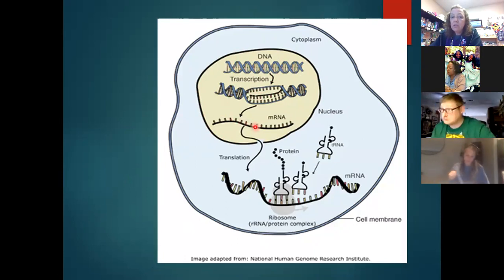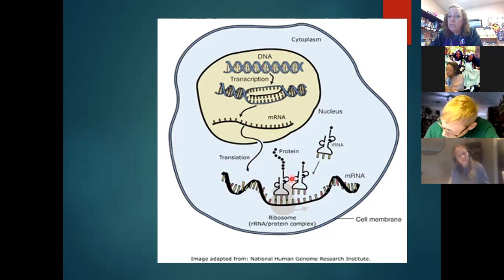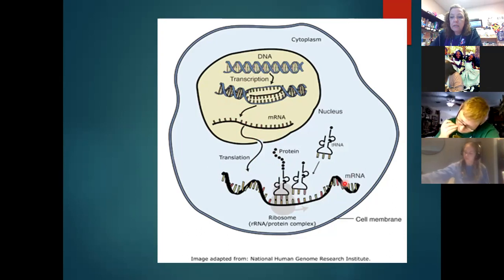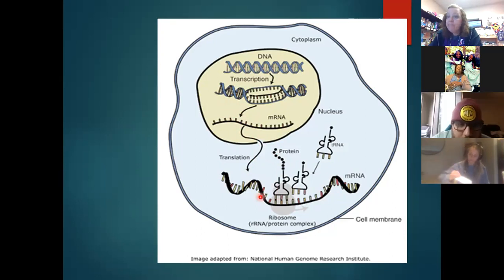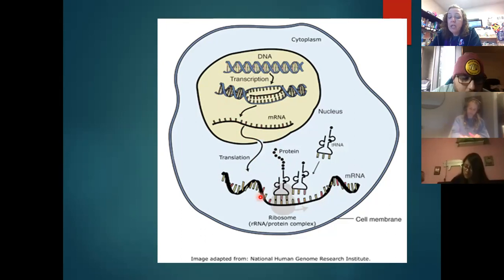Now we're going to messenger it. We got to get it out of the castle. So we boop, boop, boop, boop, boop, messenger it out. We're going to find a ribosome that can help us, and we're going to feed the instructions through the ribosome, and we're going to make the protein. So we've gone from tRNA to mRNA to rRNA. So tRNA is just like the copy? Mm-hmm. That's it. To transcribe means to make a copy.